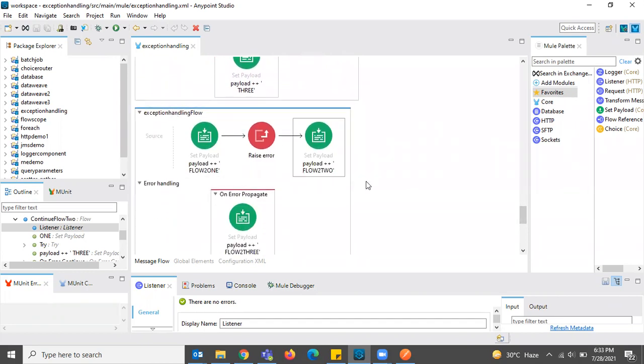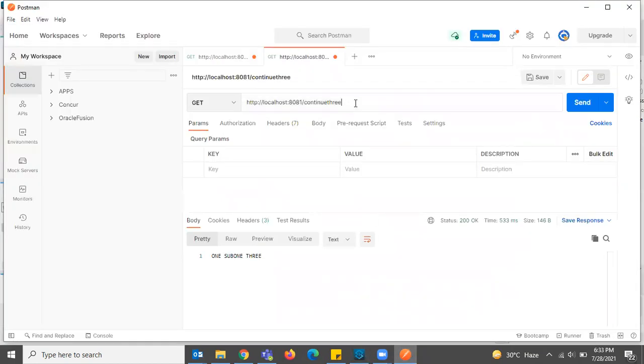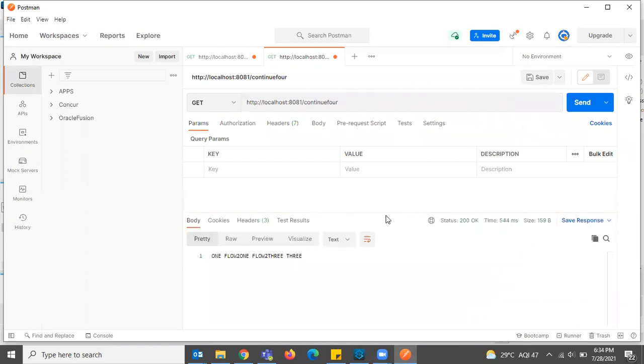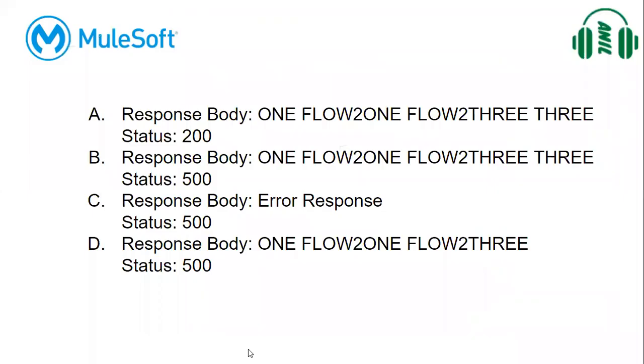Exception handling flow. Okay, let us just execute this. We need to give 4 here. See, what is the answer? 1, flow to 1, flow to 3, 3. Why? A is the answer here.